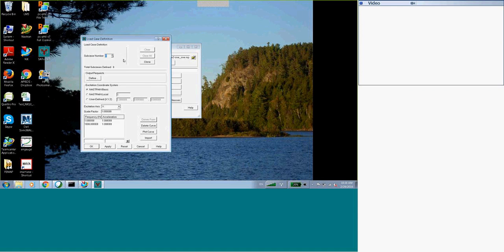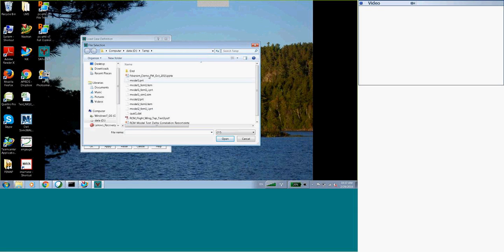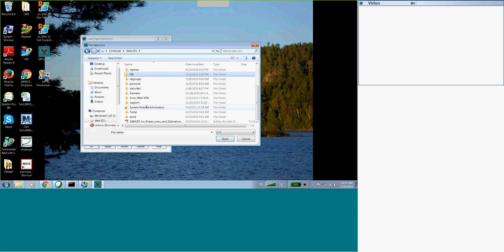We'll start defining our load cases. I'll just put one axis. What I'll do is import the spectrum from a file I have on the disk.